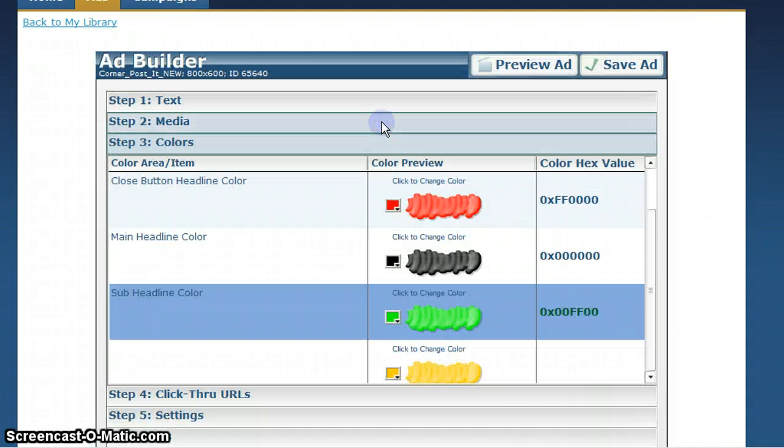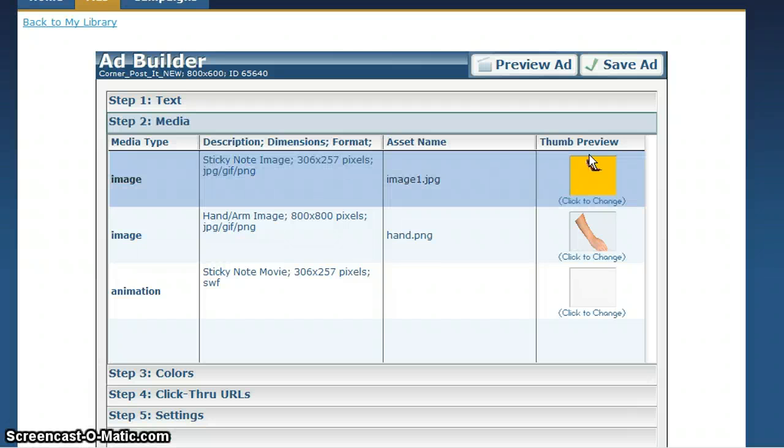So moving on to step 2, media. The area of this sticky note is 306 by 257. The ad itself has a little bit of an edge and border around it, so what you want to be careful about is when you're uploading this image, this is basically going to be the core color of your template,